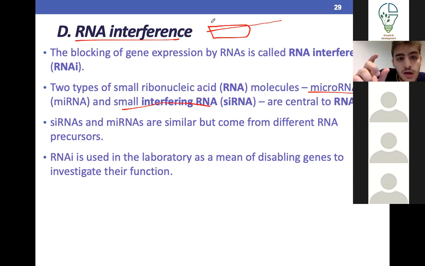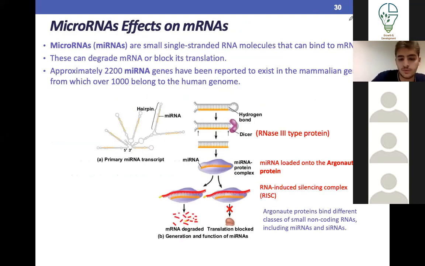If you understand that small interfering RNA, or siRNA, and miRNA inhibit mRNA, that's more than enough. And this is the way they work. You 100% don't need to know this, okay? So I'm going to go over it extremely quickly. Just because you don't have to know this doesn't mean that you can't keep it in the back of your head. So I'm going to go over it quickly.